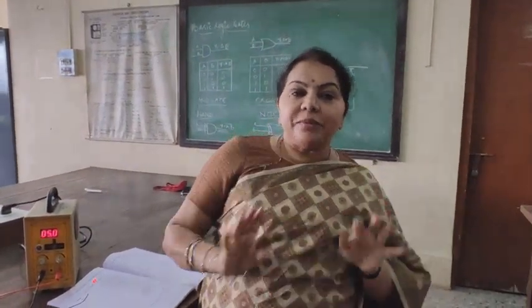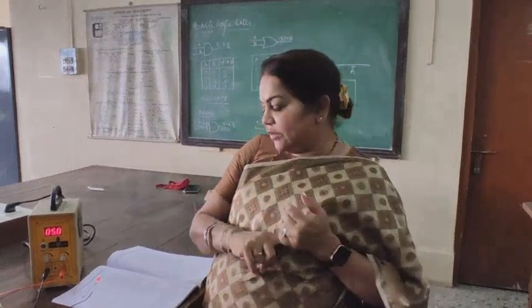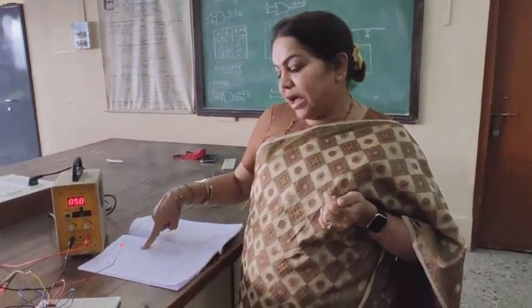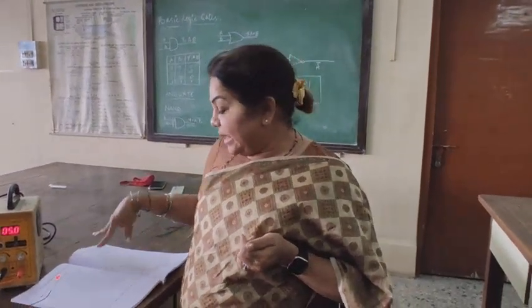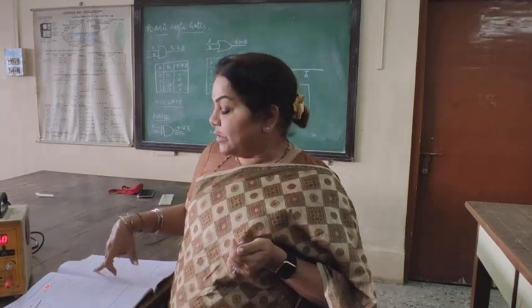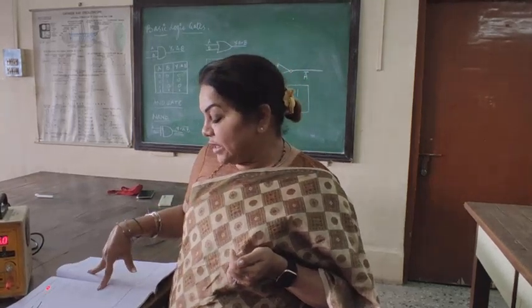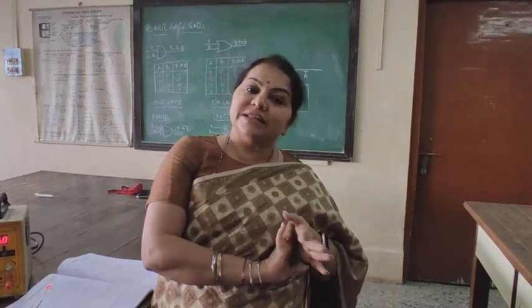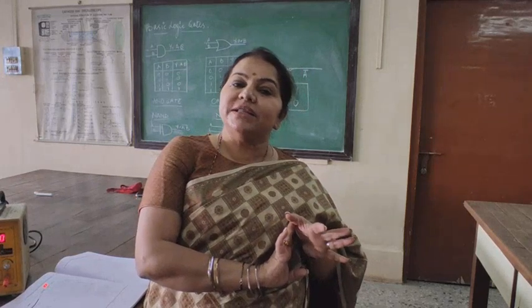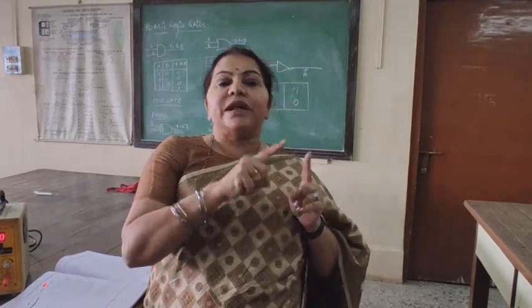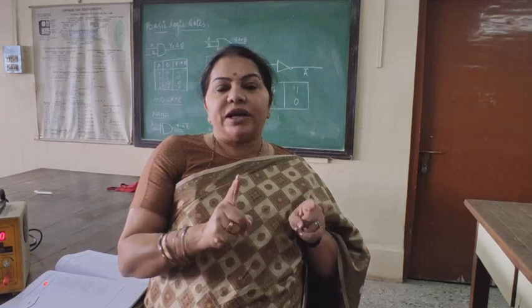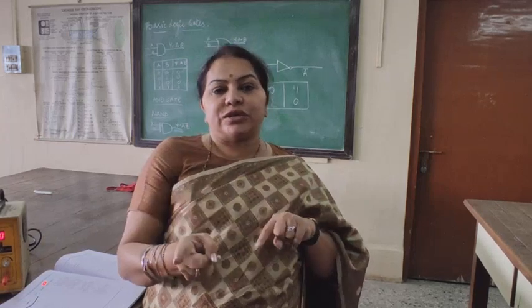Now the same can be repeated for the OR gate. If you see your manual, there is the OR gate and the NOT gate also. Then the last 2 gates are the NAND gate and the NOR gate, and of course after that you have the XOR gate. But for the NAND gate and the NOR gate, the procedure of the experiment remains the same, except that NAND is now going to be what? NAND is AND plus NOT, and NOR gate is OR plus NOT gate.